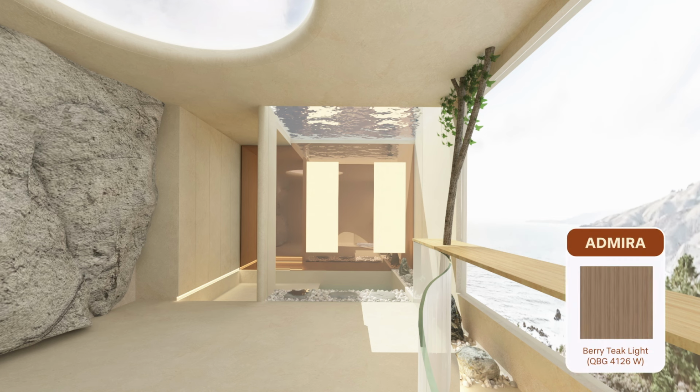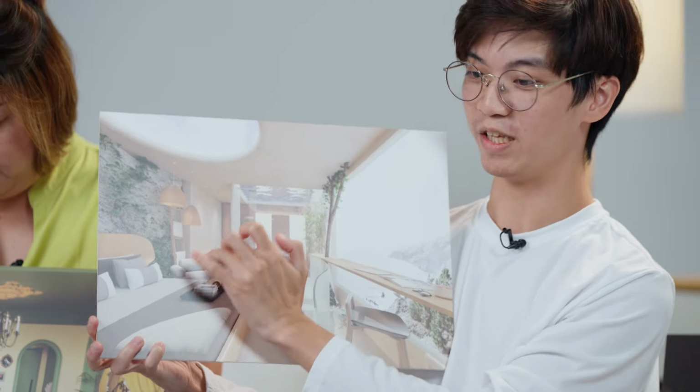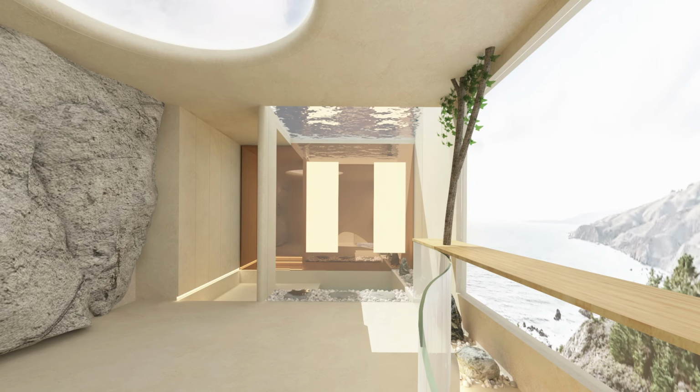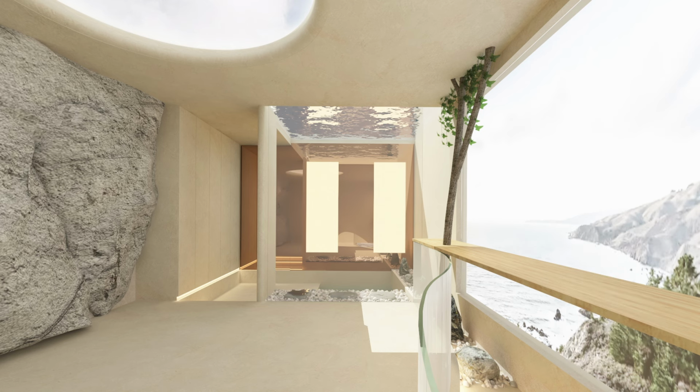So it's actually to have this kind of natural wood, jungly kind of effect as well. Then in terms of the other carpentry area that I have, it is mainly for the walk-in wardrobe effect. In terms of material, because like I mentioned earlier, I want to keep everything similar, consistent, clean cut. So for material I actually use something similar to lime wash, which is also from Admira. Then last but not least, the feature wall here is actually a reflective kind of feature